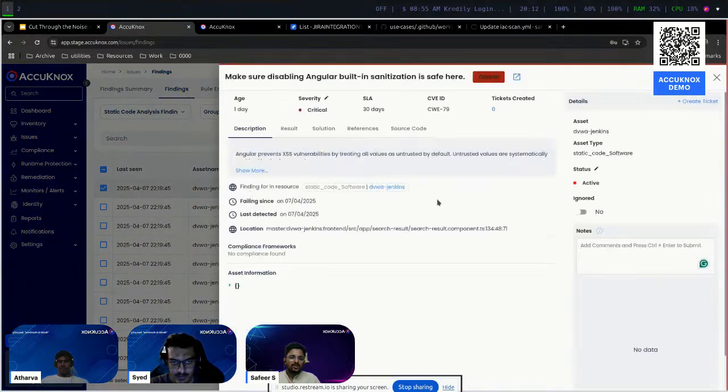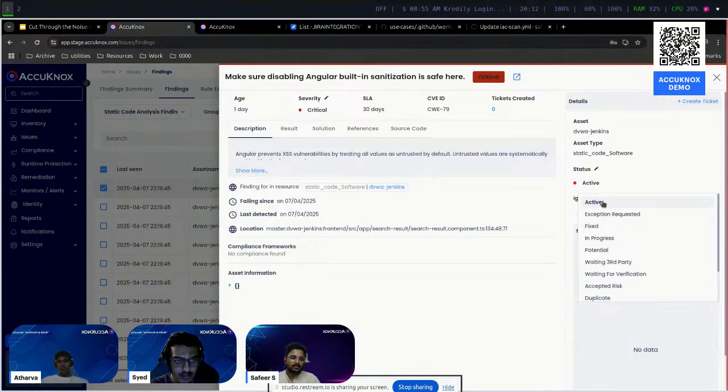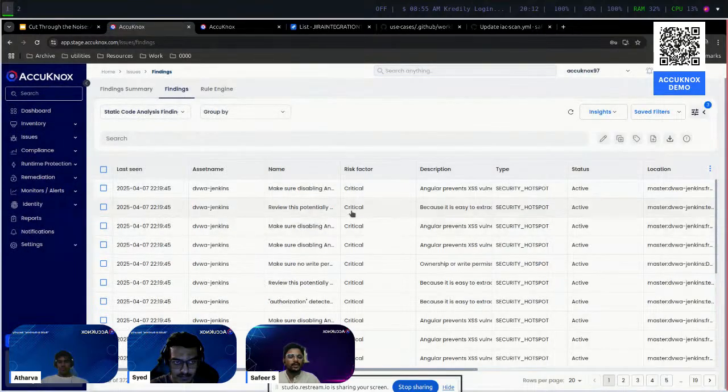Here in AccuKnox, we are providing a life cycle status for findings. Here you can request an exception. You can change the status to exception requested, fixed, in progress, potential, accepted risk, duplicate, ignore, or something. Once you change the status to ignored or something, this will not appear in